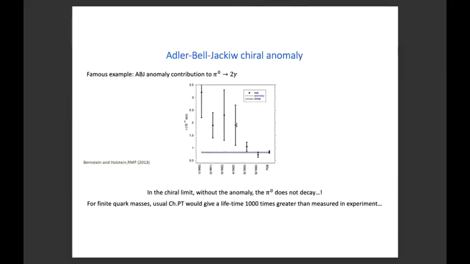And so here's an example of topology being really fundamental to particle physics. What I've shown here is the anomaly contribution to pi naught to gamma gamma. So pi naught can decay to 2 photons. And what's shown here, I'm sorry if it's not clear, are experimental data for this process as a function of time. This is data from the 1960s going out to say 2012 or so. And this is the prediction from just the one loop anomaly calculation. That's the solid red line.